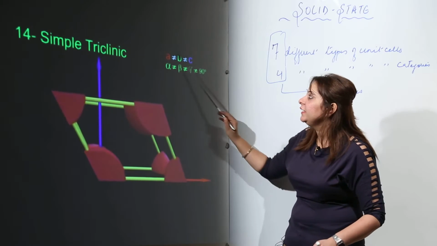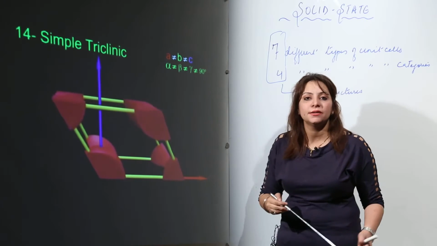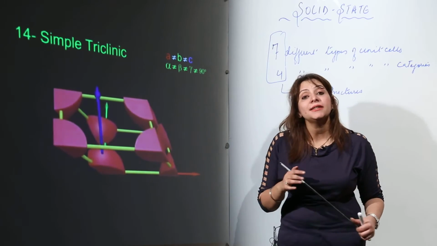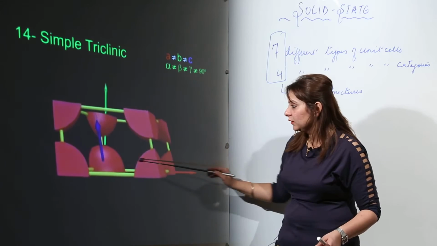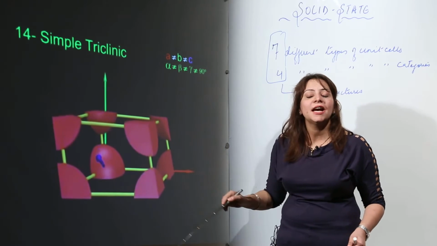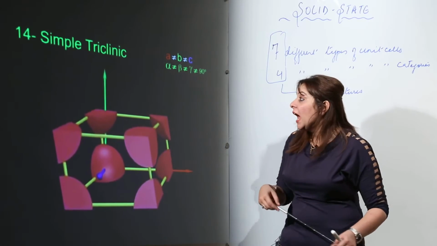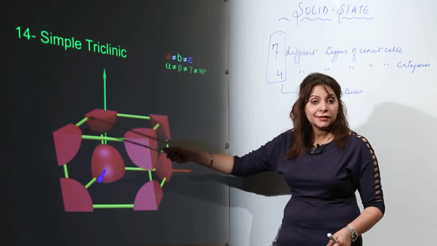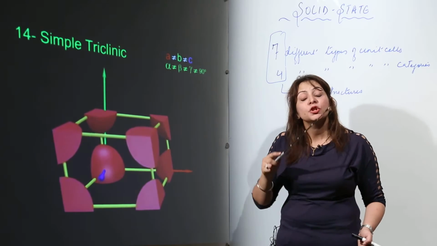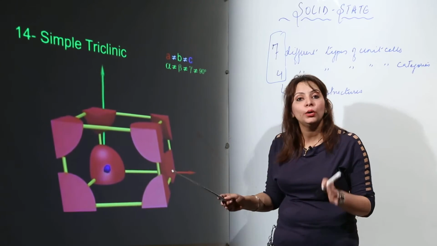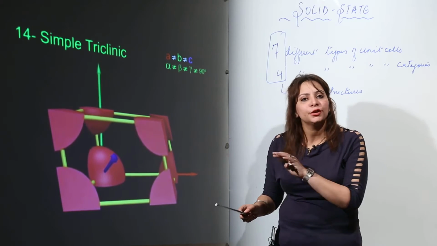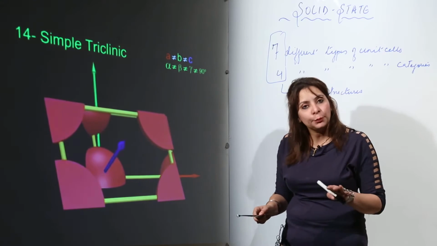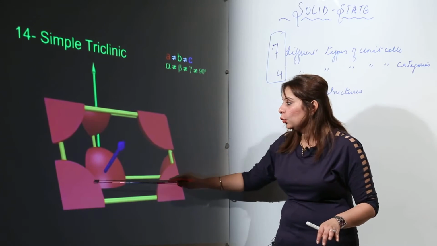Triclinic one is that in which neither of the sides is equal nor any of the angles is equal to 90 degree. That means angles are not perpendicular to each other and neither are the sides equal, as you can see in the figure, the box which they have made, right. And what kind of shape do you get to see in case of triclinic? As you saw in the hexagonal one, there was only primitive form. Likewise in the triclinic we get to see only a primitive form, no body centric, no face centric, no base centric, nothing. Only the arrangement can be the primitive one, that is at the corners, only at the corners,